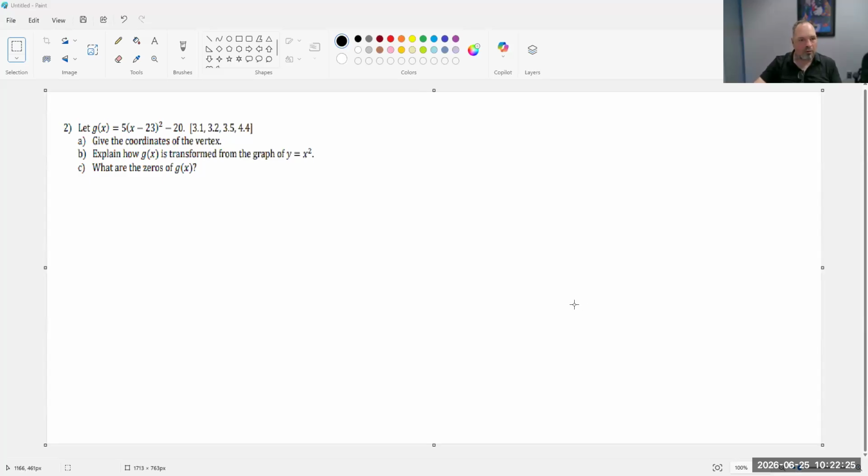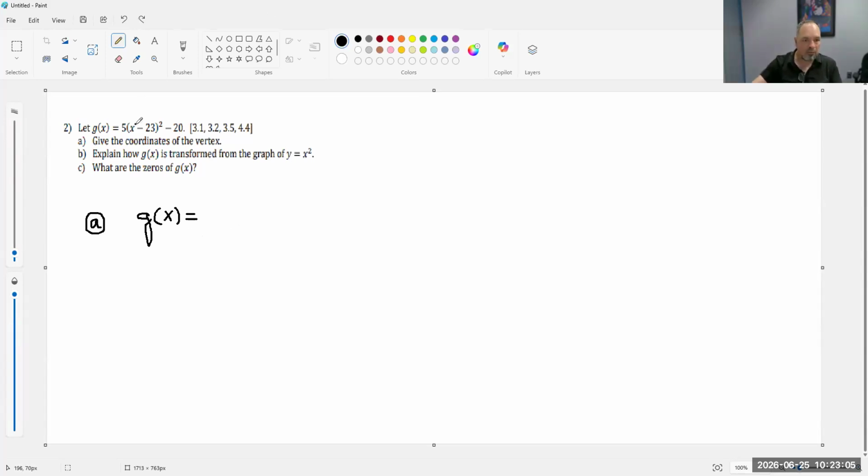All right, so here we have a problem where we're given a quadratic function, basically a parabola, and we're asked to give the coordinates of the vertex. And so I think I'll do that one right away, because what I need to remind you of is that whenever you have a function that is given in this form,